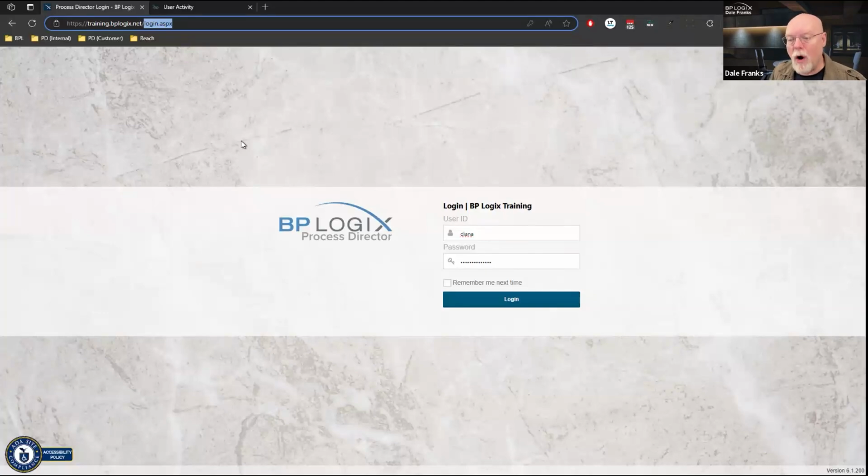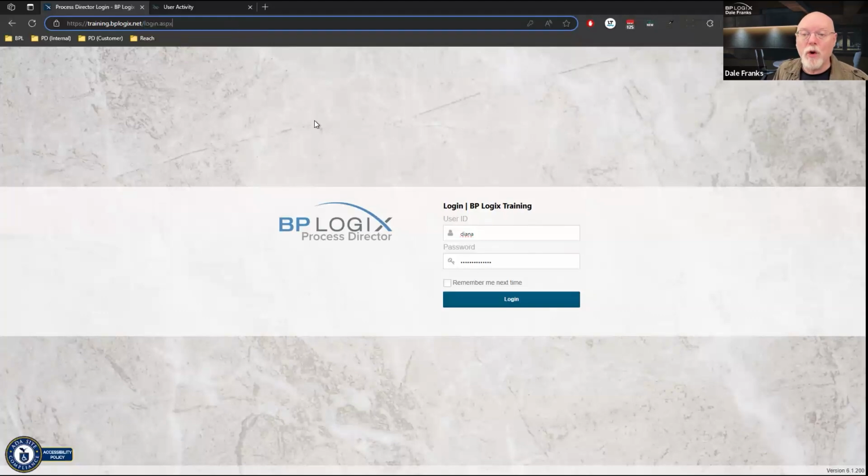If you are a system administrator and you have a built-in administrator account, which, again, you should, that is the bplogix official recommendation. The way your system is probably set up is that if you go to this login page, it is going to want to redirect you to your SAML login. That is exactly what you don't want to do. So you've got to skip that SAML redirection.